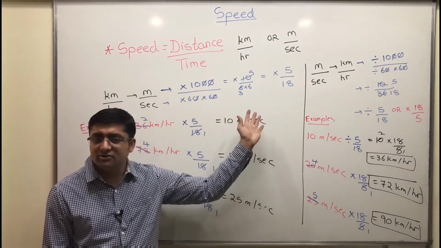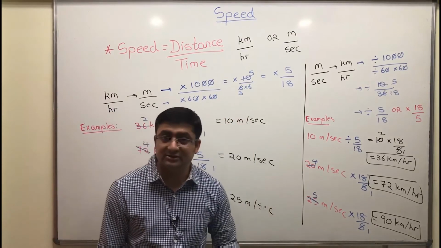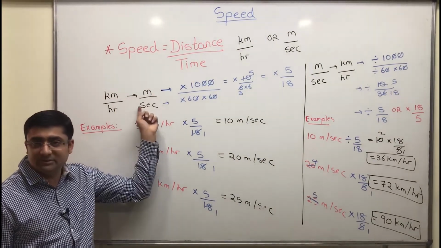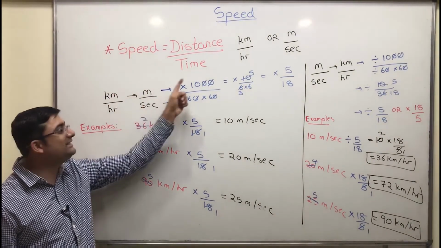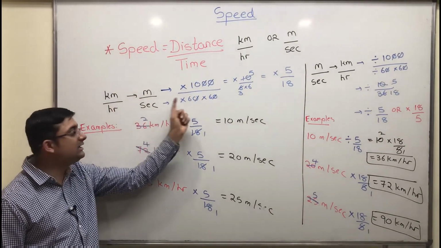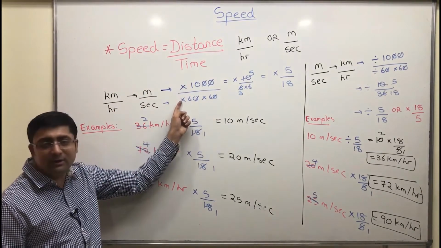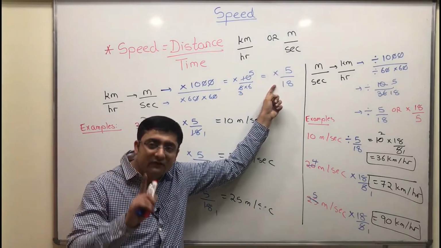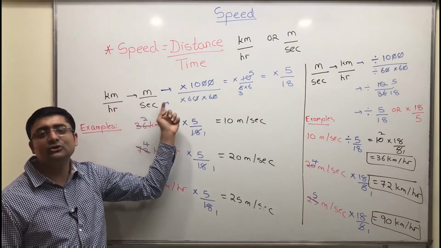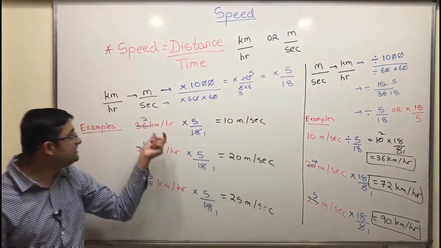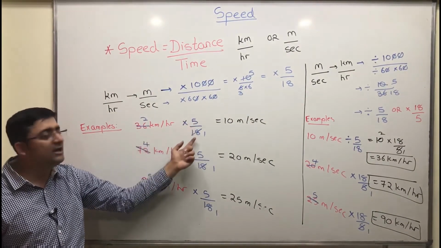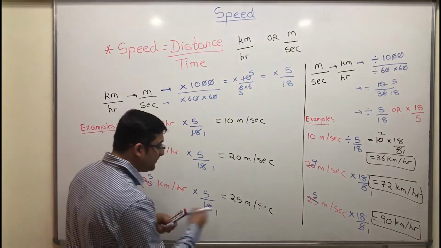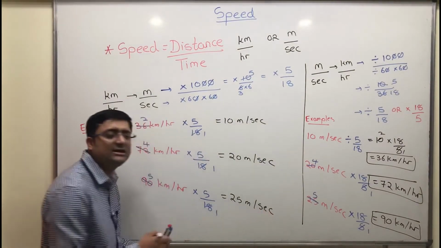This is a very important conversion, guys, which we're going to use throughout numericals in physics. So please remember this. Understand how I got it. I first wanted to convert from kilometer per hour to meter per second. So how do I convert kilometer to meter? Into 1000. How do I convert hour to second? Into 60 into 60. Because it is only multiplication, hence into comes over here. When you simplify this, you get 5 by 18. That means whenever you want to convert from kilometer per hour to meter per second, we multiply by 5 by 18. For example, 36 kilometers per hour, you want meter per second, into 5 by 18, 10.